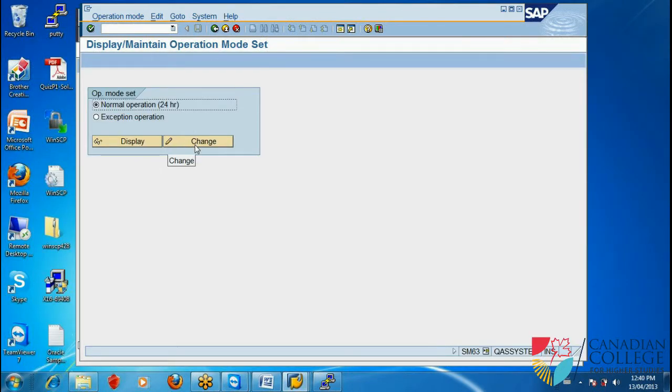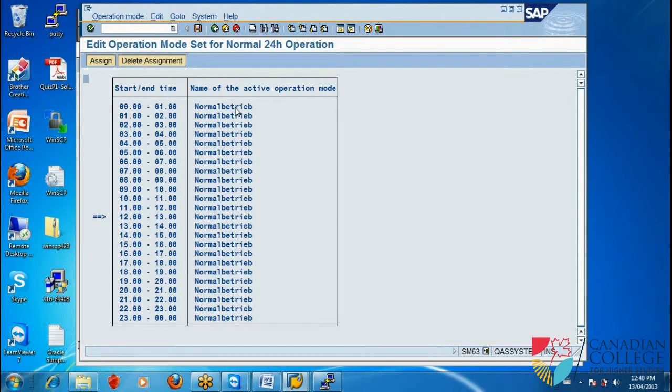So I will change normal operation, right? Change. By default, we saw some dummy value. The dummy value is evenly distributed. That's why they have a dummy value there, right? Now we don't have to use the dummy value. So we have to create daytime. So highlight this, operation mode,